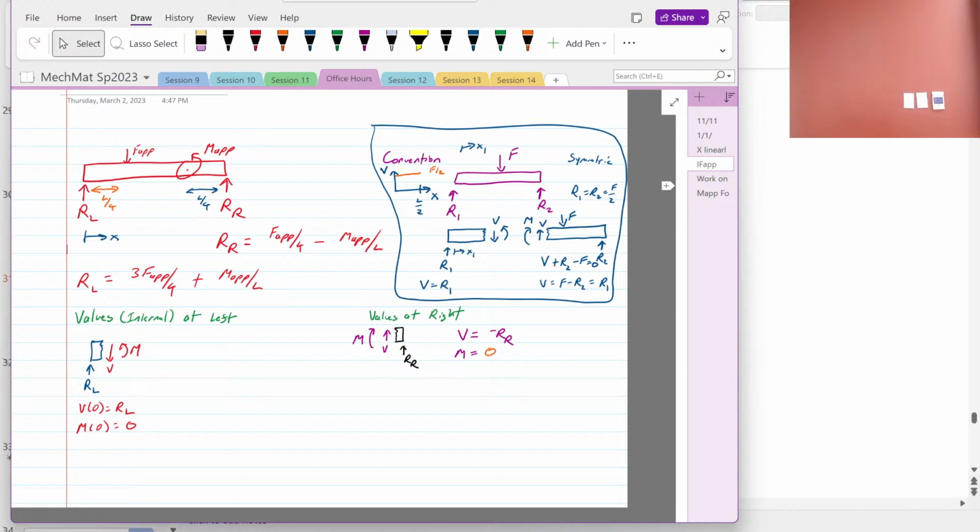This one is the average shear stress for double shear is P over 2A because there are two interfaces. Okay, that's a good question, Mike. We're trying to figure out what the internal shear force is, right? And once we know what the internal shear force is,